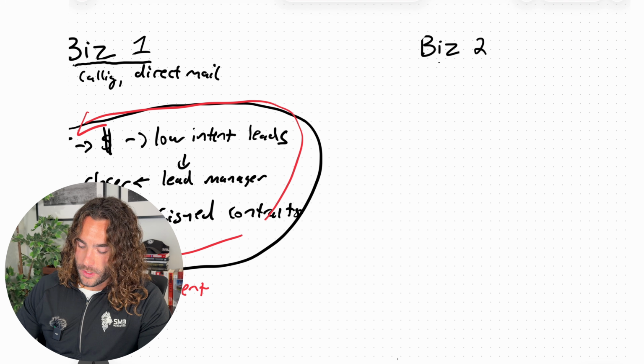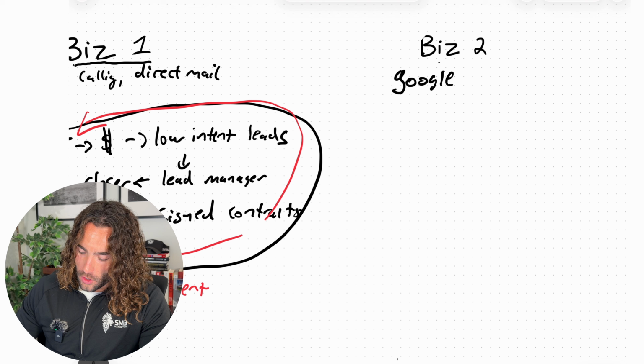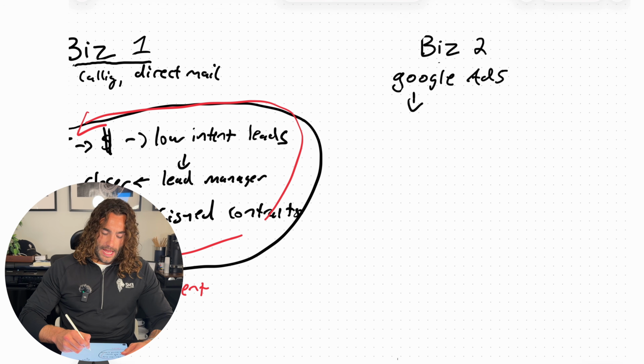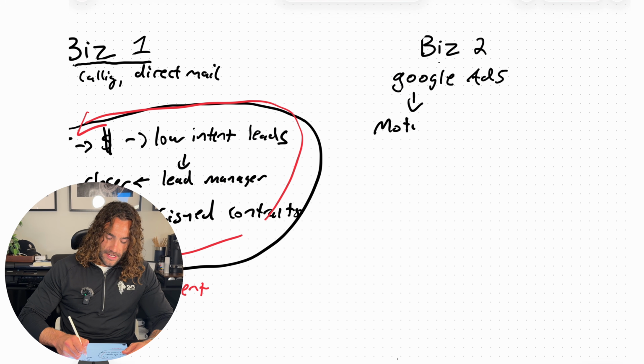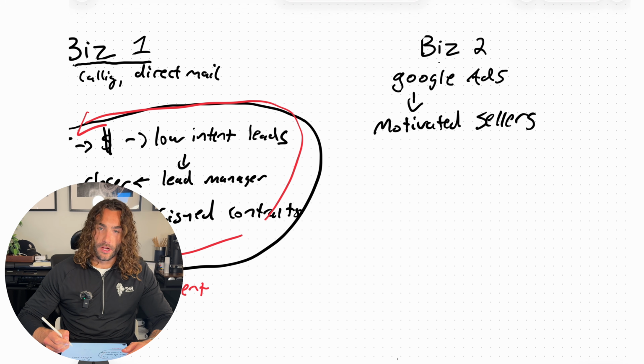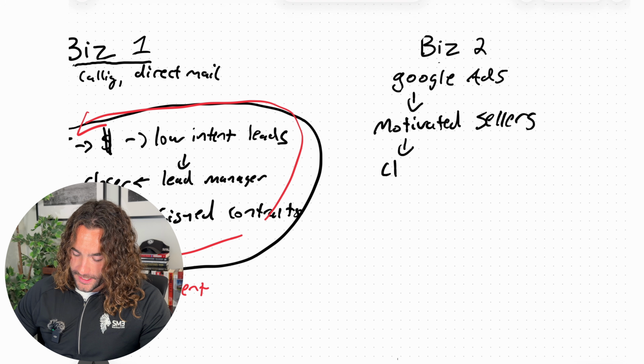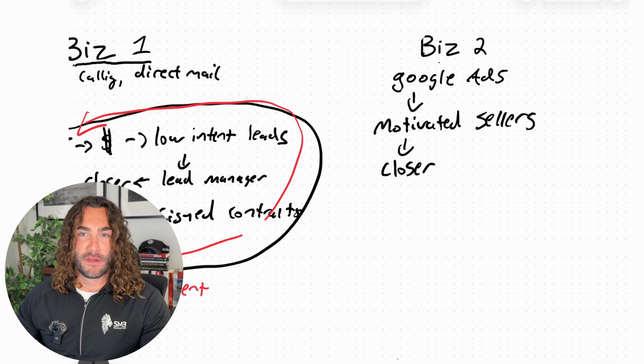Now let's look at the comparison, company number 2. In this business, we run Google Ads, which are intent-based marketing. In this system, we start buying the top search terms on Google. So when someone goes to Google and types "sell my house fast," we're gonna show up first. In this system, we run money on marketing. Google Ads starts generating us motivated sellers every single day who are coming to our company asking for a cash offer. Those motivated sellers get sent directly to a closer, which means we don't need lead managers,